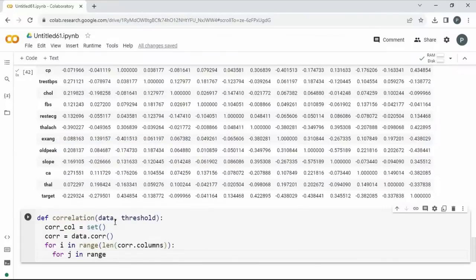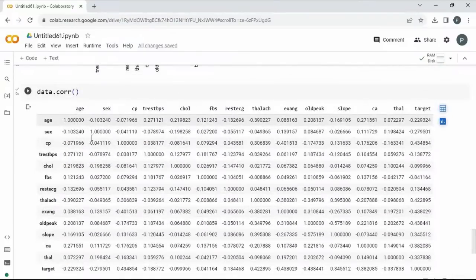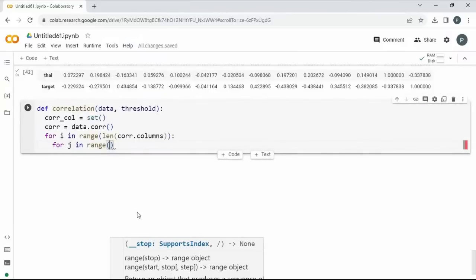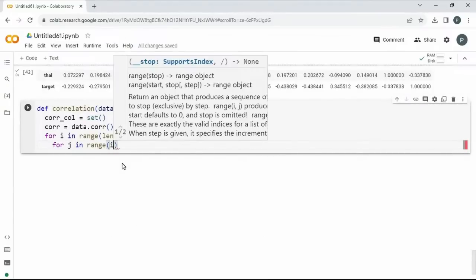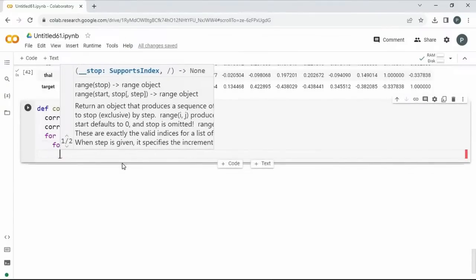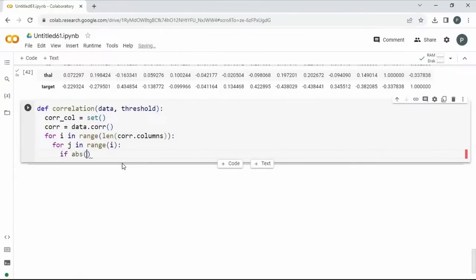So if you plot it, you can find it will go one by one and take all of these individual values from all the rows in all the columns. So in the range of i we need to go. Here we are selecting, if I am locating the x and y, which is i comma j, if the absolute value, to get the full value, is greater than the threshold,